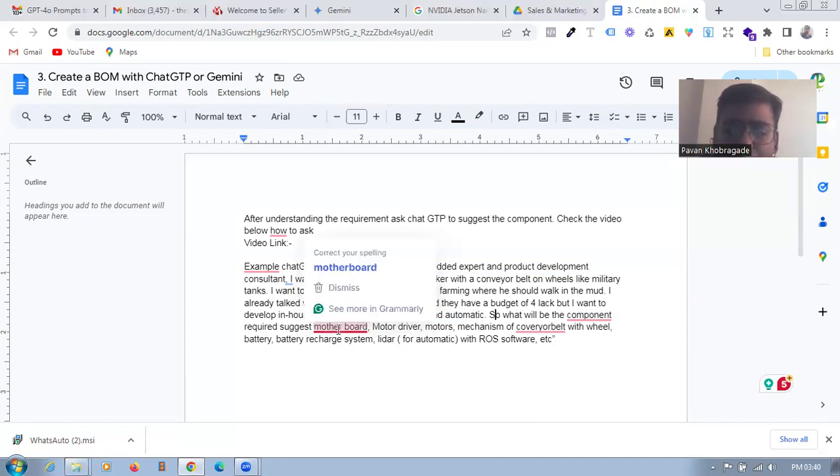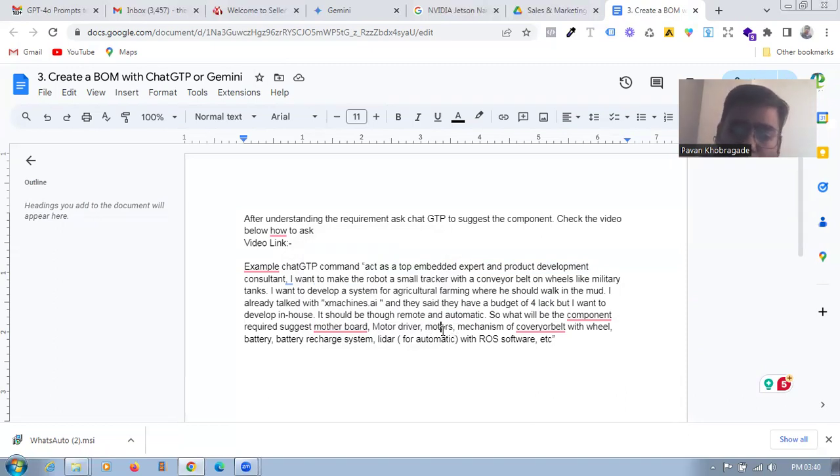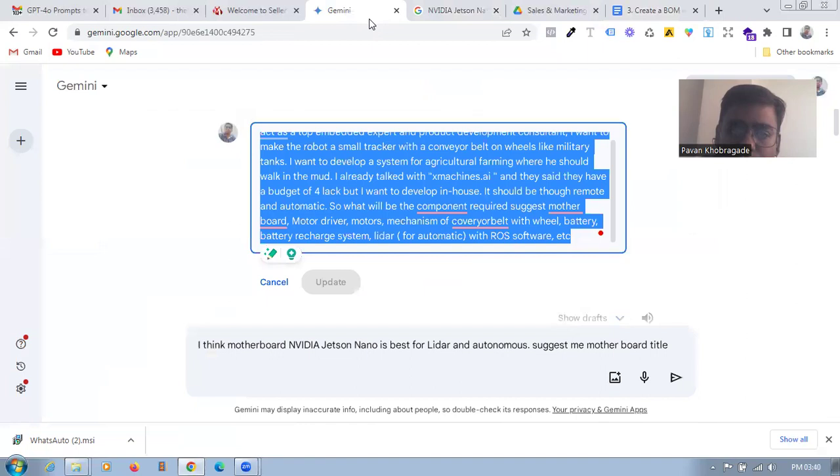Obviously we require a motherboard; without a motherboard, there will be no brain. Motor driver, to drive the motors. Motors, mechanism of conveyor belt with wheels, battery system, lidar, because for an automatic system lidar is required. These are things I got from the competitor website, ROS software, etc. So I just copy and paste these things